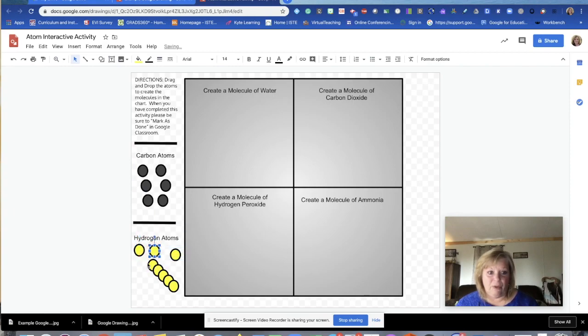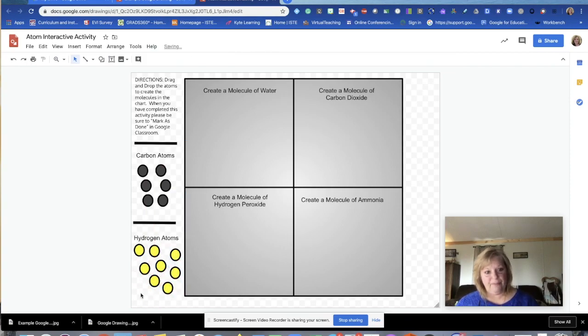Okay, we're going to move them around. Okay. There. So now we have hydrogen atoms for the student to be able to click and drag to build those molecules. All right. We also have an area over here where we're actually going to